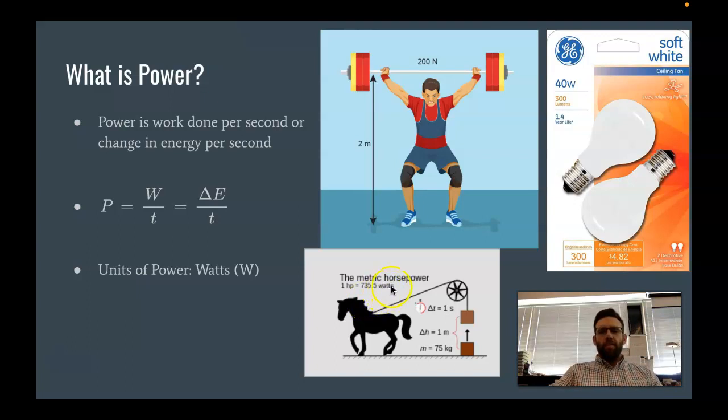It actually comes down to the person who came up with the idea and the measurement of power, who was named James Watt. And I'll say it again, as I've said it before in class, if you discover something or come up with a concept, sometimes you can name the units after yourself. There's a lot of things in physics where the units we have are named after a person, like newtons are named after Isaac Newton, joules are named after James Joule, watts are named after James Watt, volts comes from Volta. There are a lot of these terms that come from the scientists who came up with a major concept. Anyways,